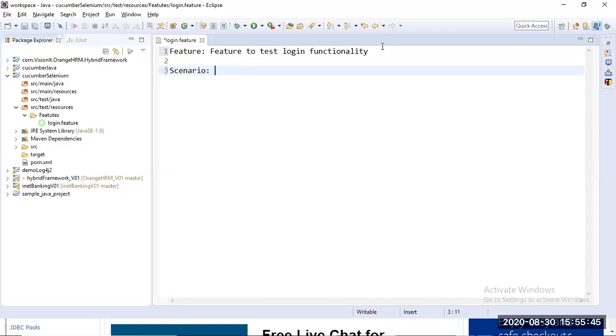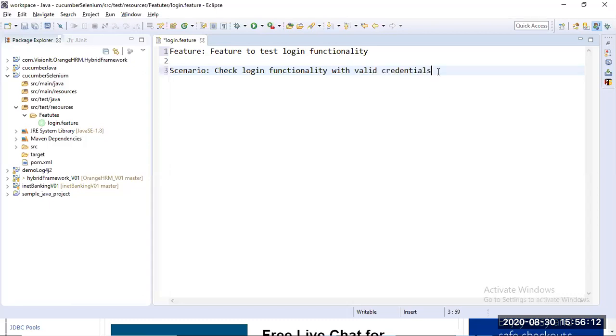So what are we going to check? Check login functionality with valid credentials. I want to check the login functionality of the application with valid credentials.